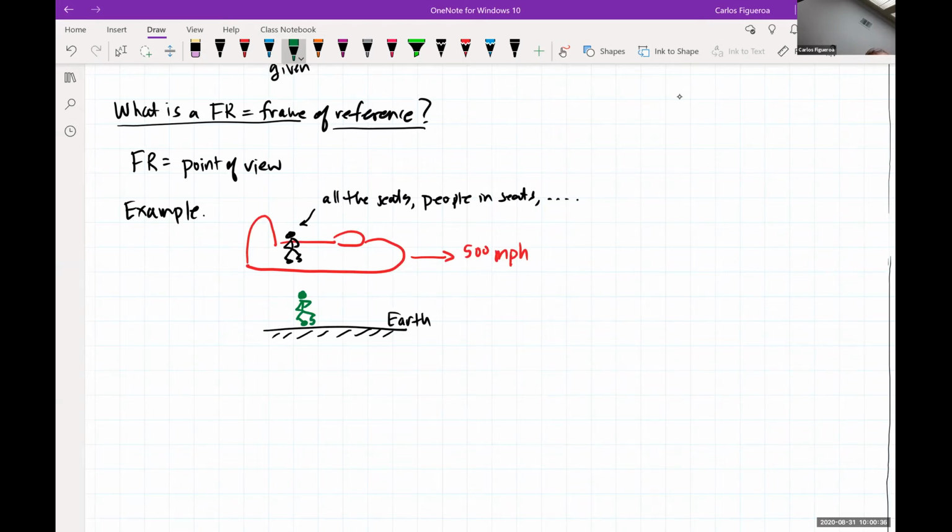So even though you are moving at 500 miles an hour, you don't feel that you're moving at 500 miles an hour because you're following Newton's first law. There's no net force acting on you, and so therefore you feel nothing. And we'll talk about that a little bit more here. So when I talk about a frame of reference, it's the frame of reference of the Earth, in this case, or the frame of reference of the person, of the car, or of the airplane. So then the question that we should ask then,